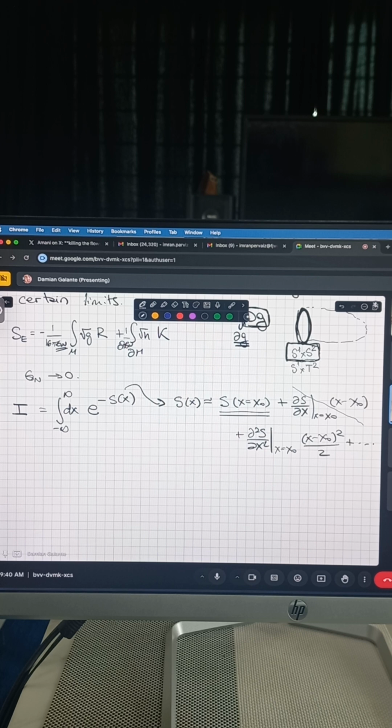And this term, because it has an (x minus x naught) squared, will be very suppressed in this integral that has e to the minus S of x. This part you can even integrate because it's a Gaussian integral, so we can find a better answer, but at least to leading order,